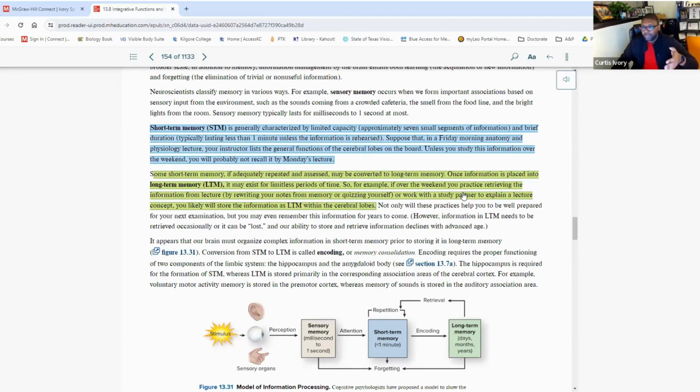So when it comes to learning something, you have to be able to repeat it over and over again. For long-term memory, examples include rewriting your notes, memorizing or quizzing yourself, working with a study partner, explaining a lecture concept to someone else. By you taking notes, by you talking to other people or telling other people about what you've learned, you're teaching other people. By you teaching, you're actually learning it too. By you writing it down, it's committing it to memory because now your mind remembers, oh, I wrote this down somewhere. Also, if you chew gum while you're taking notes,